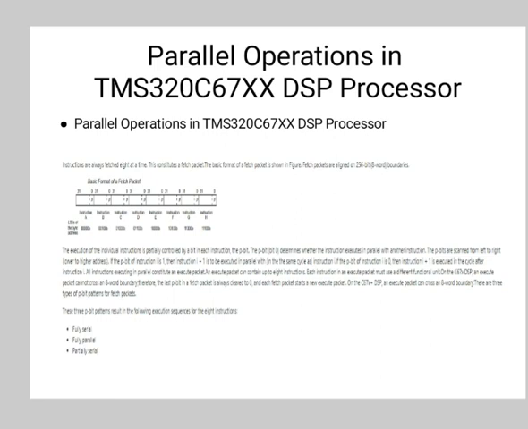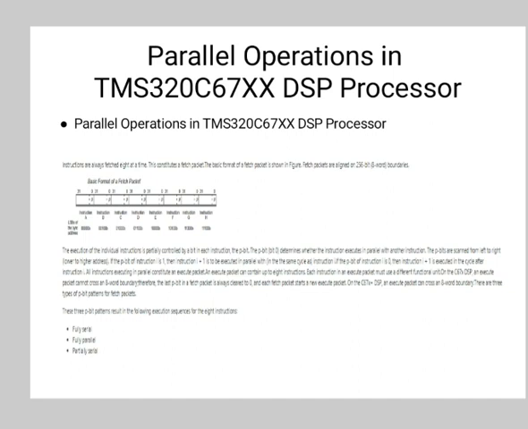All the instructions executing in parallel constitute an execute packet. An execute packet can contain up to 8 instructions. Each instruction in an execute packet must use a different functional unit. On C67X DSP, an execute packet cannot cross 8 word boundary. Therefore, the last P bit in fetch packet is always cleared to 0 and each fetch packet starts a new execute packet. On C67X DSP, an execute packet can cross an 8 word boundary.